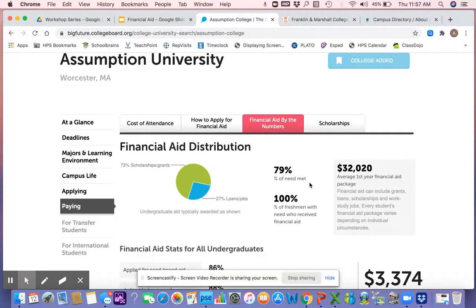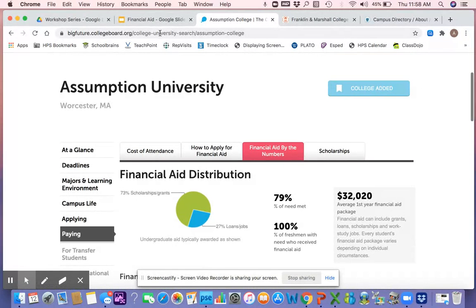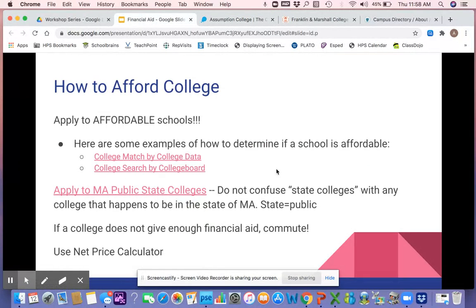It doesn't mean students shouldn't apply to colleges that don't have good financial aid. However, you want to have a balanced list of colleges to apply to, and some of them should be affordable. You know, a student might apply to Assumption and then get some great outside scholarship money, and in the end, it might be affordable. Or for a family that is higher income, it might be affordable, but it may not be for everyone. So we want to make sure that we balance our college list with affordable colleges if we